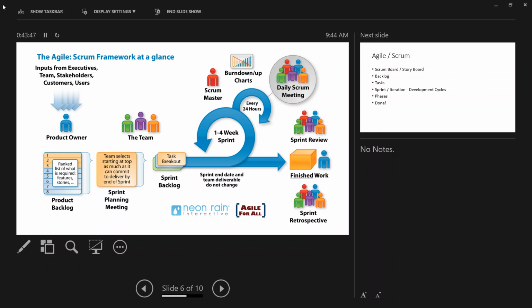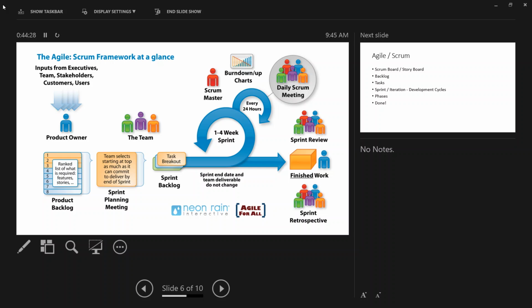Sprint reviews and sprint retrospectives. Let's say you pull in 5 stories, but you could not deliver 5 stories; you could only deliver 4. So in the retrospective you discuss why we weren't able to deliver. Maybe it was too complex, or we took on too many stories. So you come up with a plan: we will not take in this much work, maybe we'll do a better job communicating or identifying. Those are some of the things that go on for the improvement process as part of the sprint.